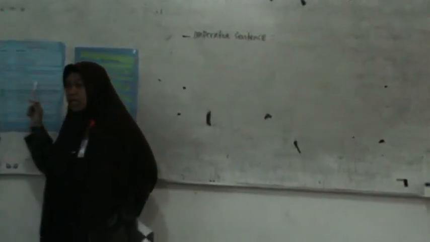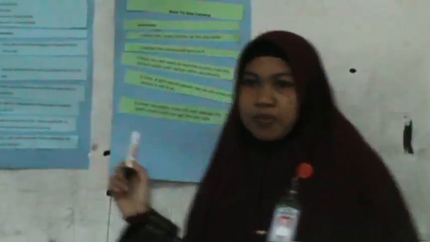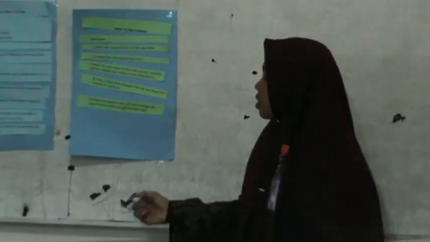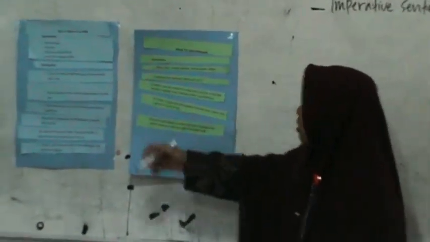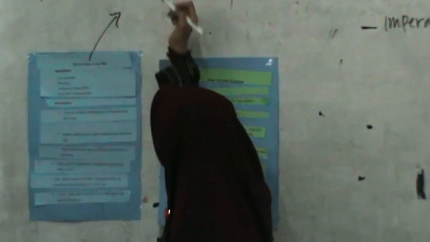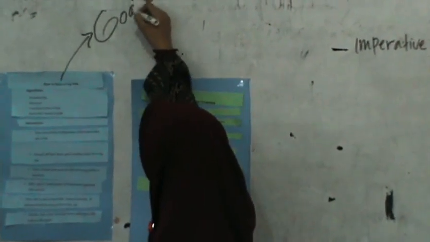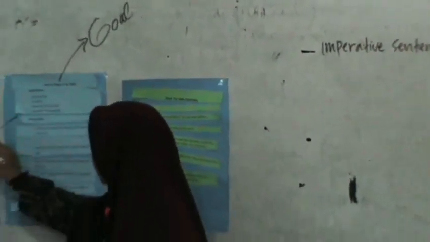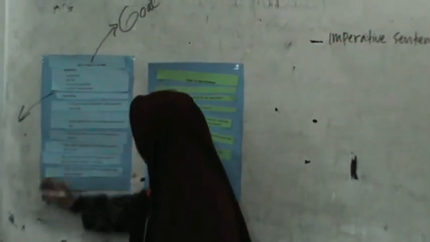Contoh dari teks apa? Recipe or manual? Recipe. Di mana kita mengetahui bahwa how to make a cup of Milo adalah contoh dari teks procedure recipe. Ada ingredients. This is the goal. This is instruction. And then